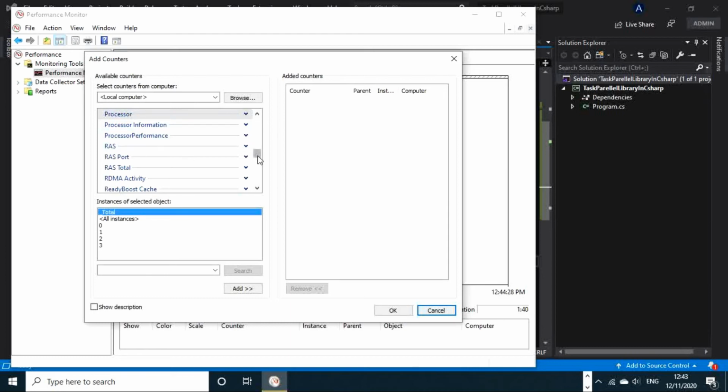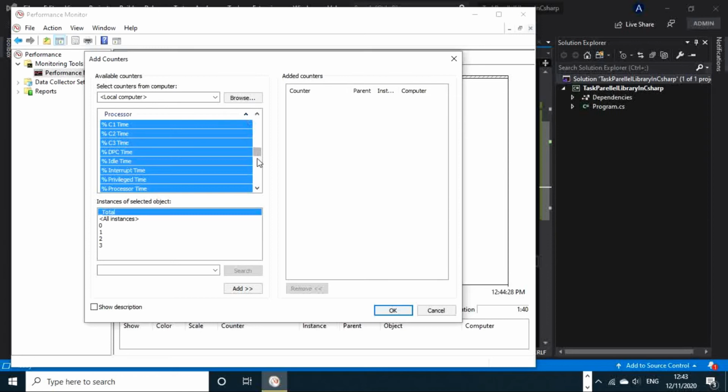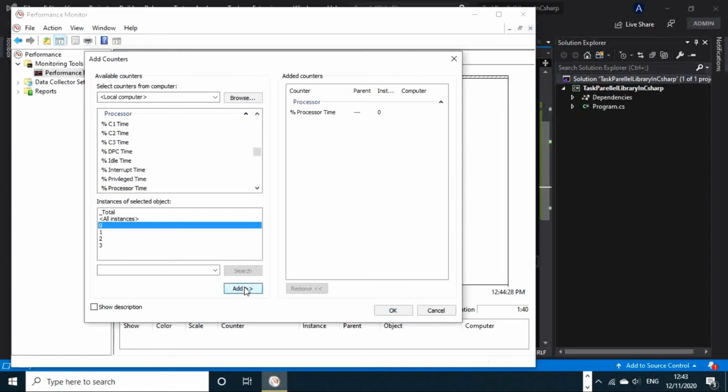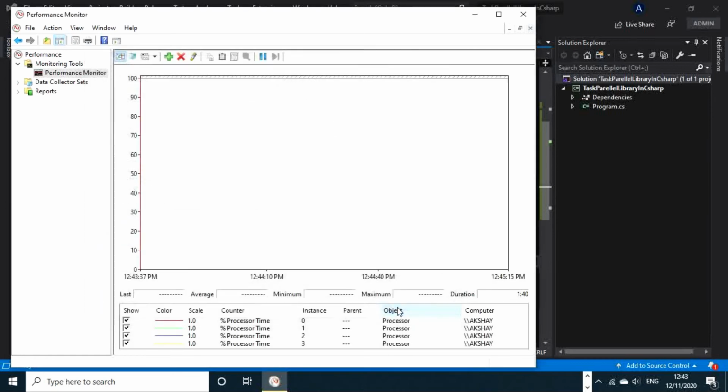As soon as they load, we are only interested in this Processor, and in that only in Processor Time, and all the 4 instances of this processor I will add onto this monitor. Because I have already told you I have a quad-core processor, that is 4 processors on this machine, that is why there are 4 instances, and I will click OK.